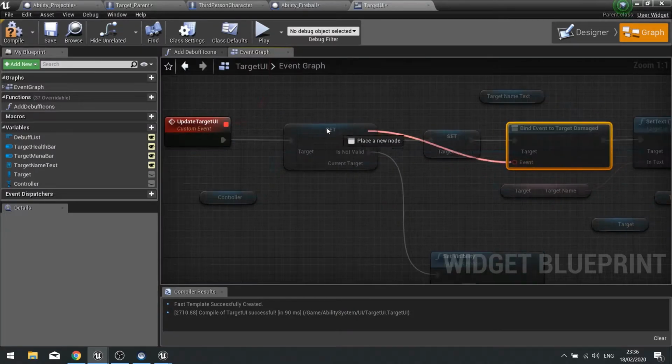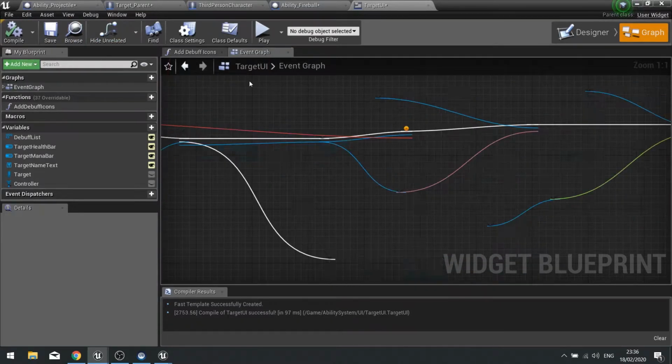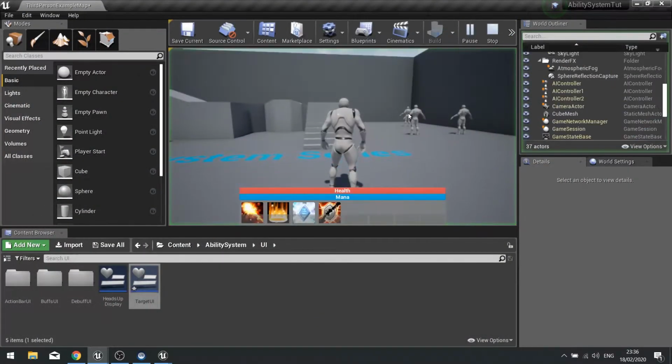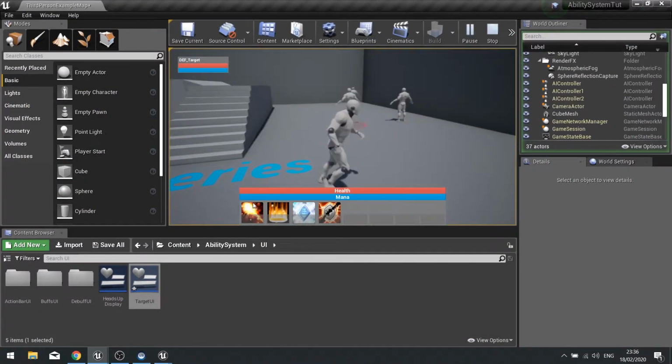And the event we're going to call is this current update target UI. Compile. So now when I go back to the game, I hit this key and you should see the fireball affect the target health. Perfect.